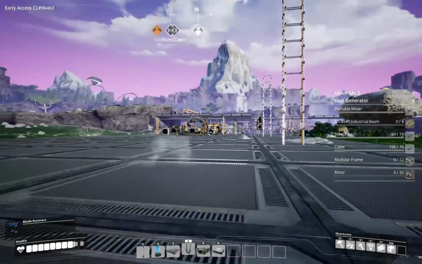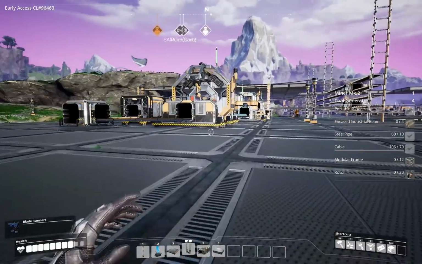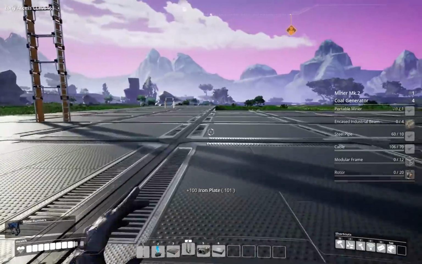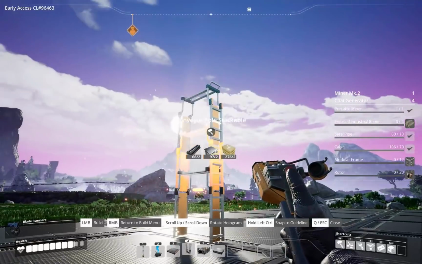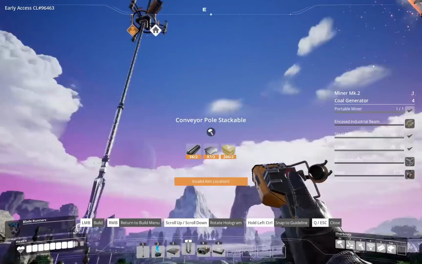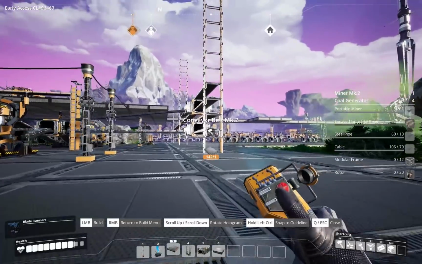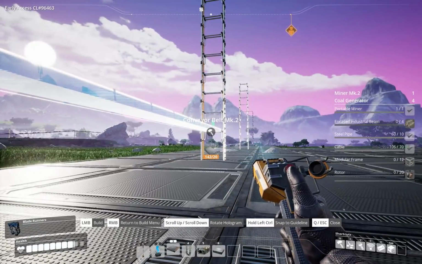Oh, I'm out of plates. Go figure. This assembler won't mind if I steal some. All right. So now that we have a bunch of reinforced plate, I can start using that to craft our... Well, do I need...